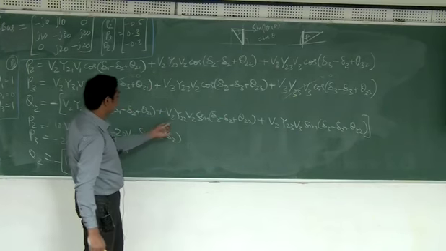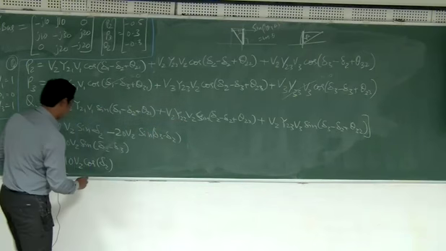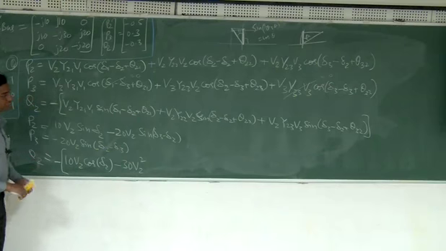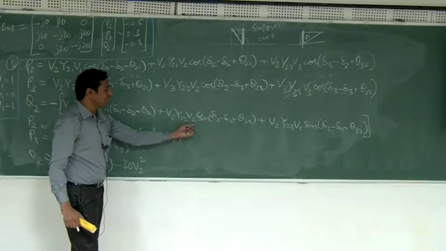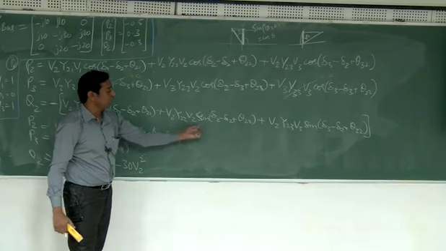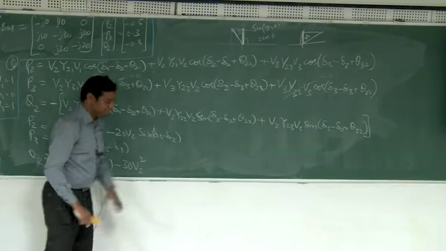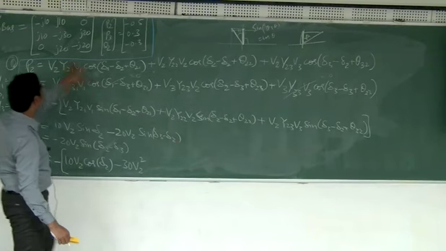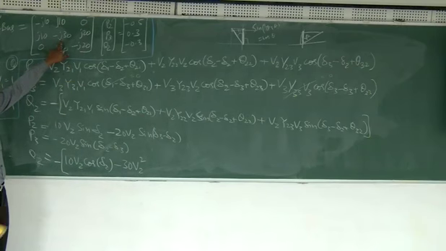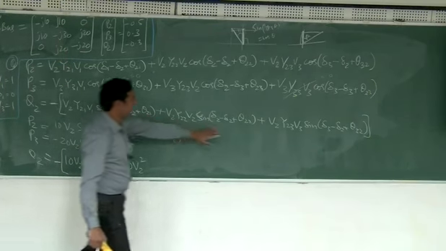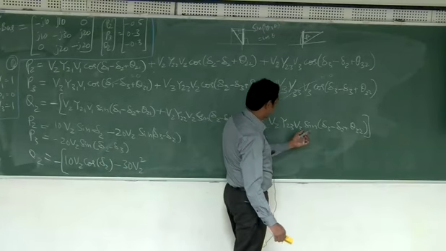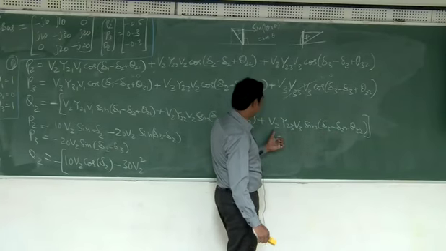Y22 is 30. So minus 30 V2 square. That's all. This V2 square, this is 30, and the minus is because of this. See, theta 22 is what? Angle of this. Minus j is minus 90 degrees. Okay. So that is this term. And what about this term? So cos of 3 minus 2, and then this will be